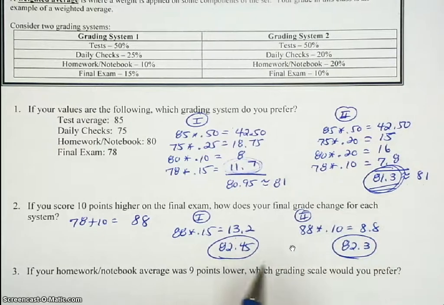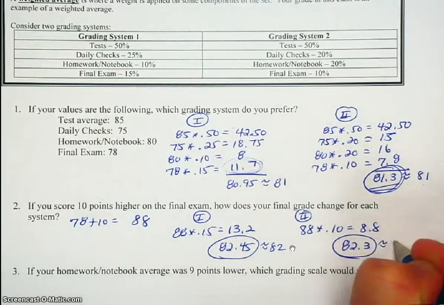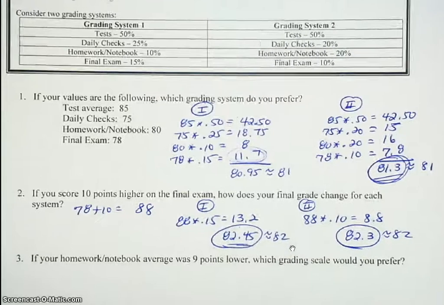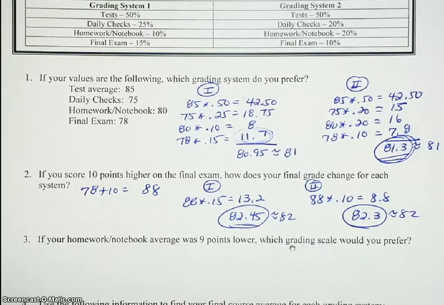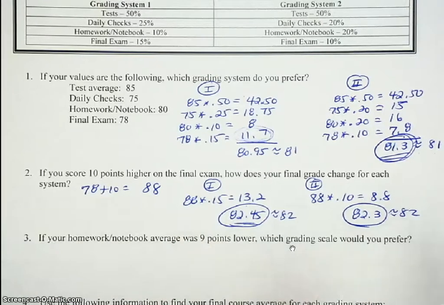Now here again, both of these grades in Synergy would show up as 82s, but you would rather have the 82.45 because it gets you a little closer to an 83. So question 3, it says if your homework average was 9 points lower, which one would you